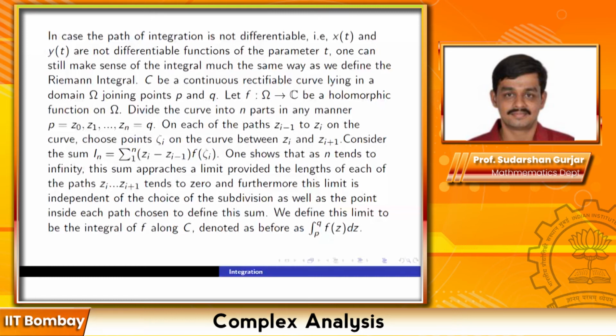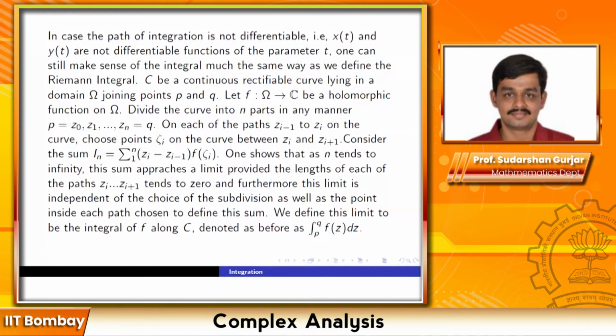This limit exists and that is what we call the integral of f(z) dz from P to Q. We define this limit to be the integral of f along C, denoted as before. So this is how we define the integral in case the curve is only continuous and rectifiable